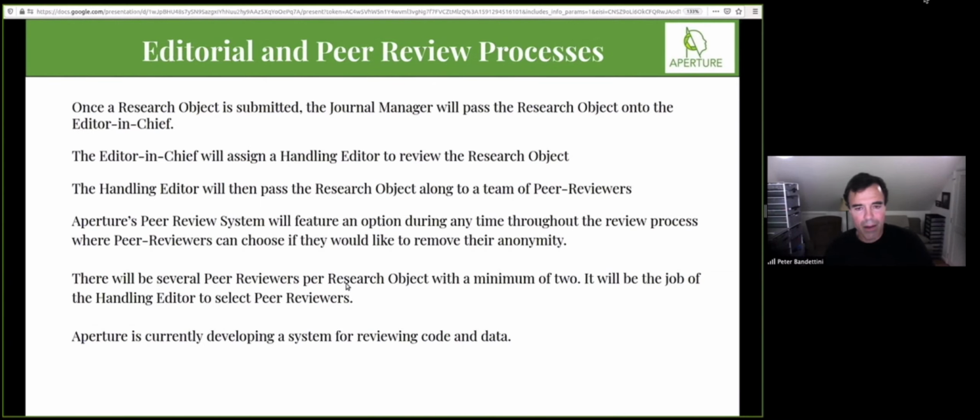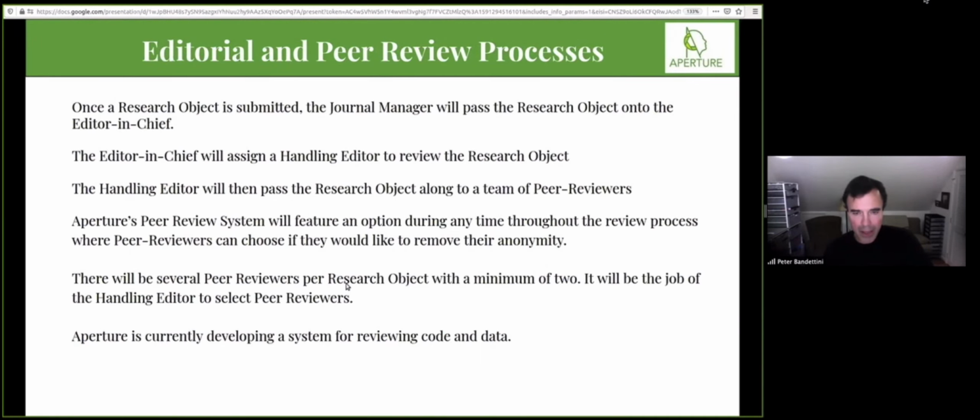And right now, we selected just a traditional option in which the authors are not anonymous to the reviewers, but the reviewers are anonymous to the authors as default. However, they can opt to remove their anonymity at any time, either after it's published or during the process. So it's extremely flexible. These are just the default settings for what exists as far as the review process is concerned.